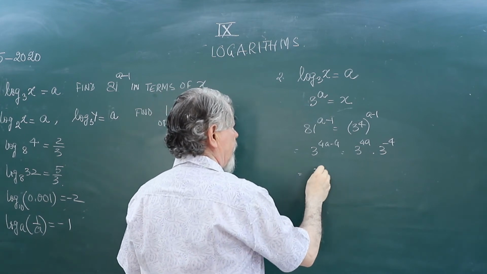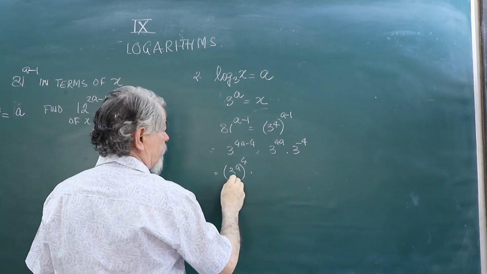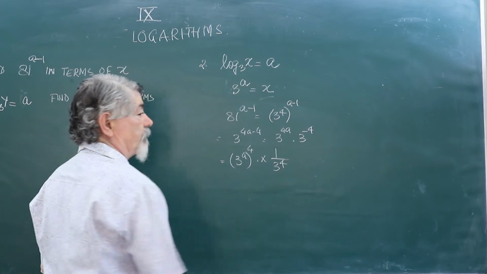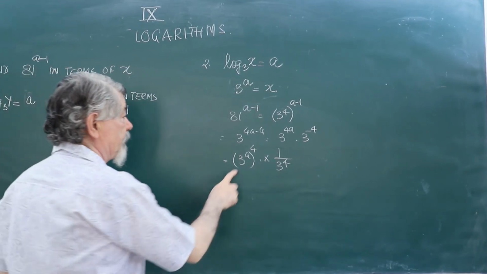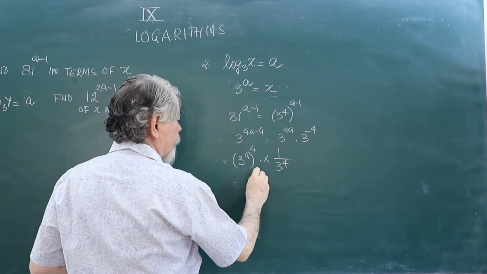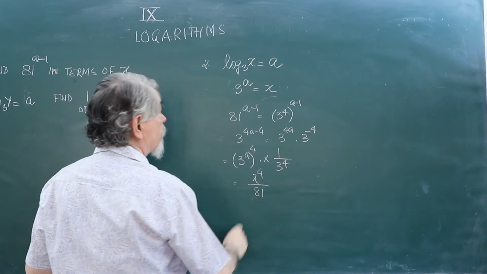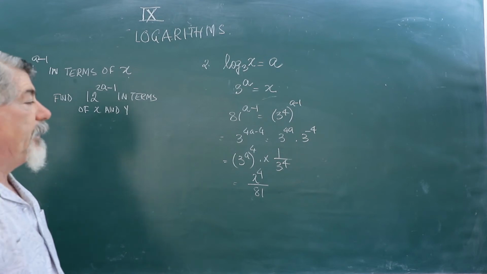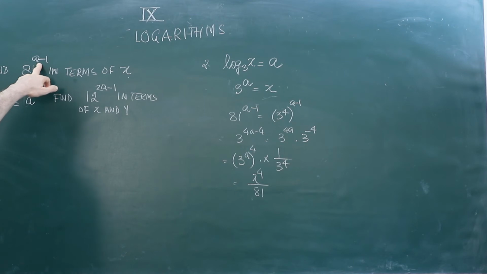That means 3 to the power a, all to the power 4, upon 3 to the power 4, making the index from negative to positive. 3 to the power a is x, so it will become x to the power 4 upon 81. 3 to the power 4 is 81. So x to the power 4 upon 81, we have expressed 81 to the power a minus 1